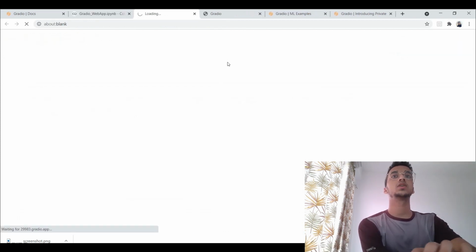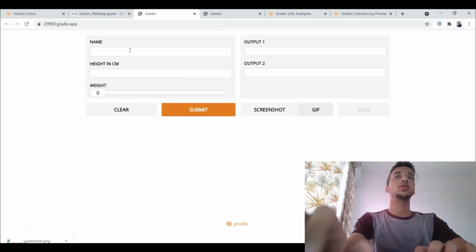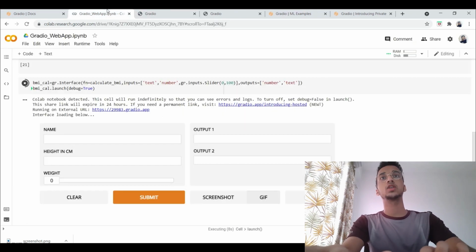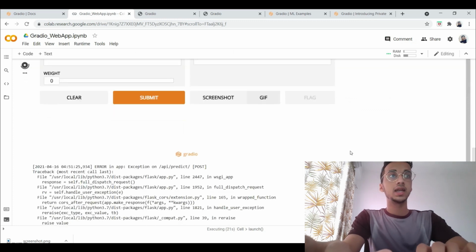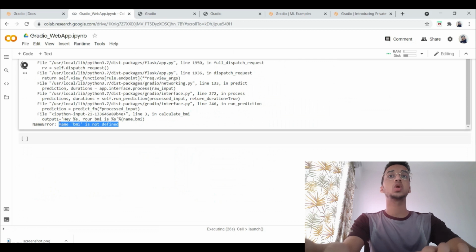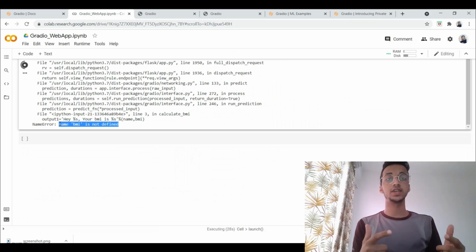When I go to the external URL now, there should be an error. Let's say I give anything, add the weight, and click on submit. It tells me that there is an error. I can go back to Google Colab and see the error over here, that bmi is not defined, and then I can make the rectification.